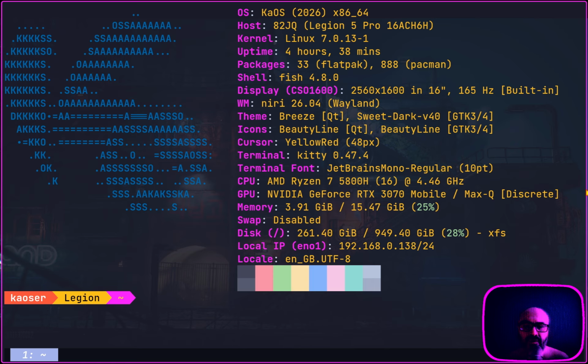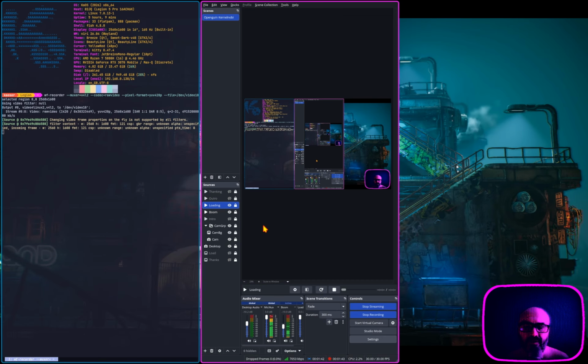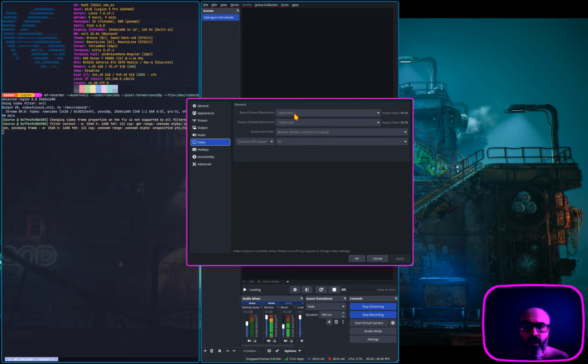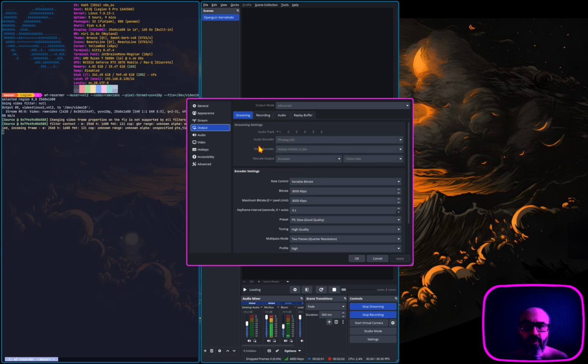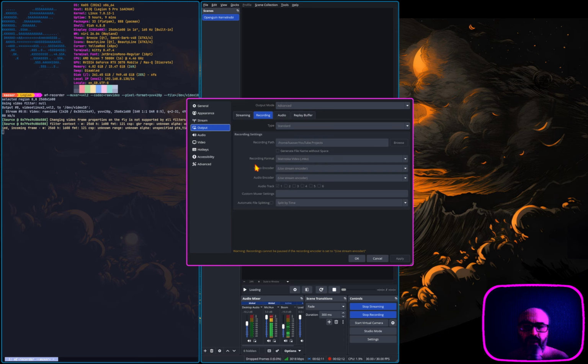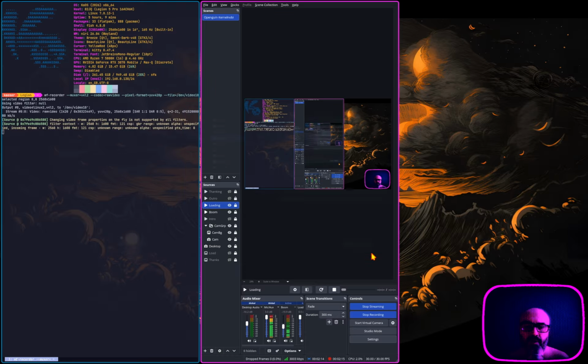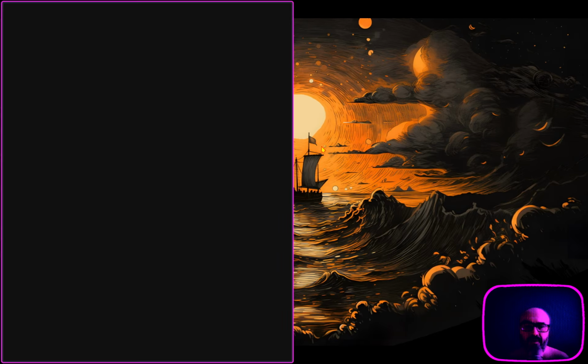The graphics, the GPU is NVIDIA GeForce RTX 3070 Mobile or else Max-Q, and as you can see, these are my OBS settings. 2K, downscaled to Full HD something to keep the aspect ratio of 16:10, 30 FPS. I'm using 8000 bitrate, hardware encoders for the audio and the video. For the audio it's FFmpeg AAC, and for the video NVIDIA H.264. And for the file I'm using MKV. So yeah, with these things out of the way, let us